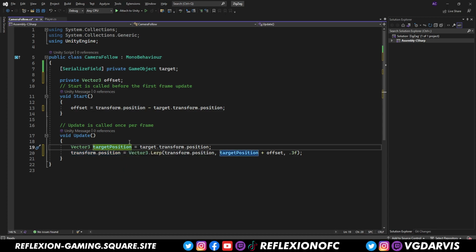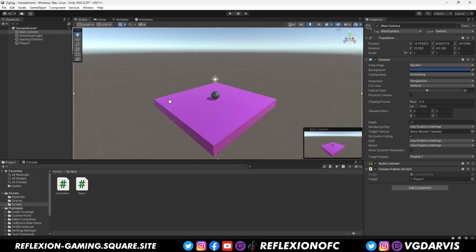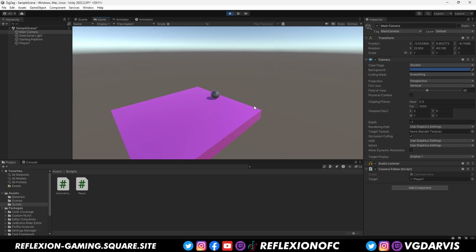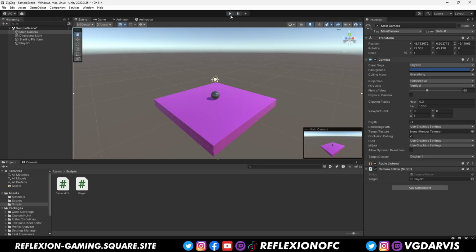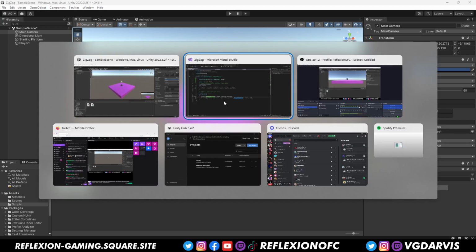Yeah. So we're going to go ahead and save that, and hopefully this should work. Oop, there we go. Going to go hit the play, and we should get some camera follow. Yep. There we go. It's a little choppy, okay? And again, you can mess with that smoothing factor if we wanted to. I do believe we can also include